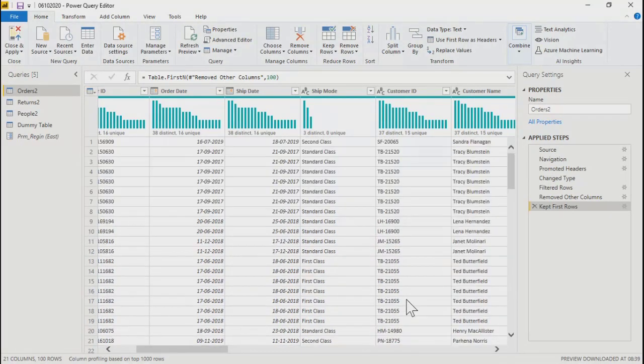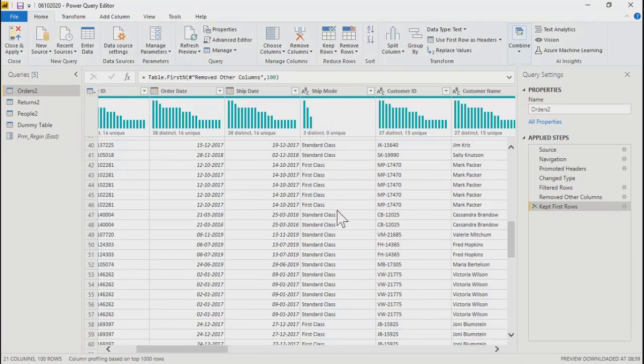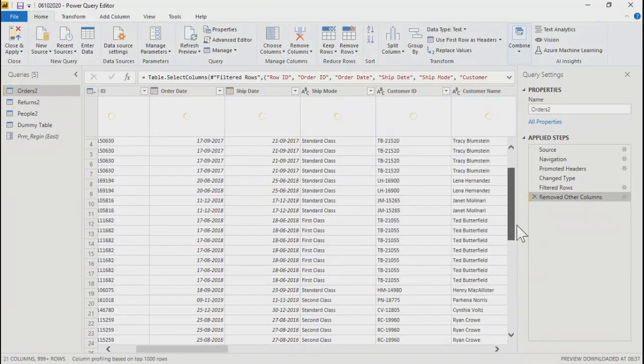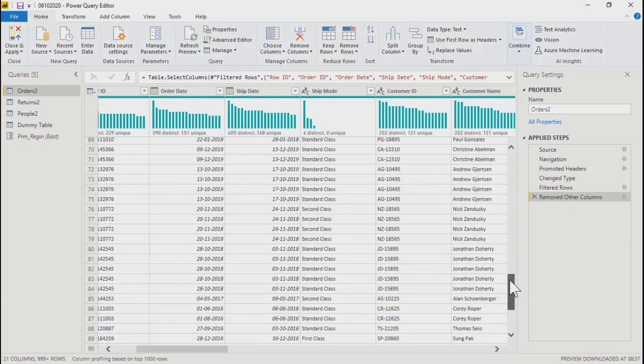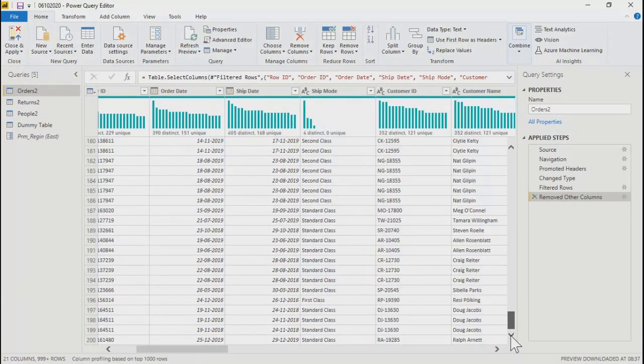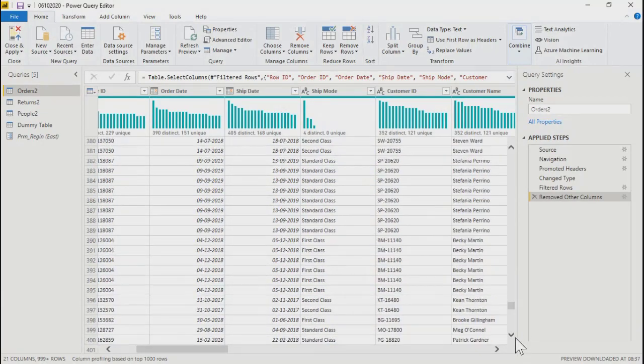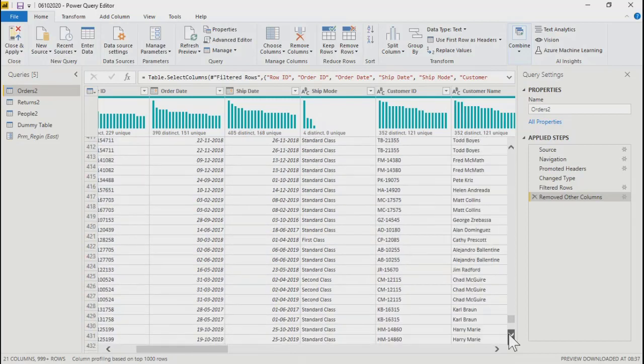in the data, right? As soon as I did it, you will see there is one step got added here. Kept first 100 rows. If you delete it, you will again get all your rows. Right?